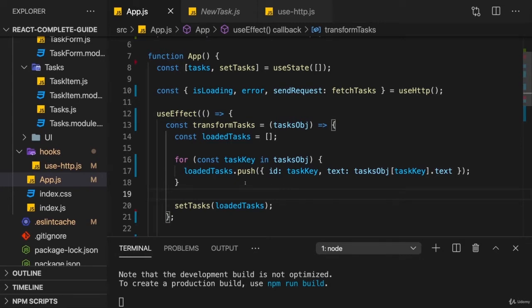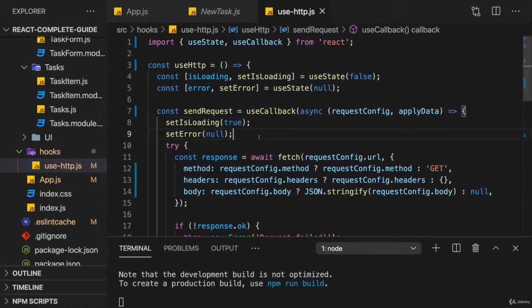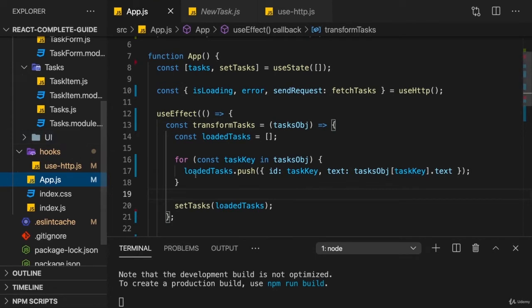Of course, I could have shown you that final solution right from the start, but it is super important to understand that there are different ways of achieving this, and the other solution wasn't bad or wrong. This is just a solution which minimizes the number of dependencies, makes this a bit easier to manage, but the other solution would have been fine as well. And most importantly, I wanted to make it clear why we derived this solution now and why I'm going with this solution now. With all of that though, the hook is looking good and app.js works,